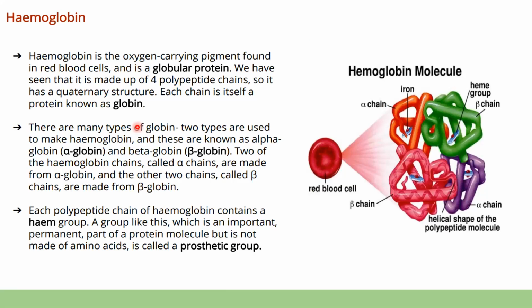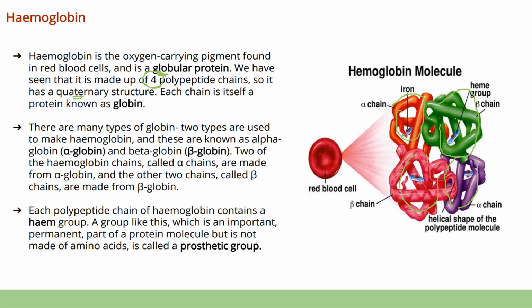So let's talk about hemoglobin now. You know the property: it is the oxygen carrying pigment in our red blood cells. That is hemoglobin. Okay. It is a globular protein. And you can see the color coding, we have 4 polypeptide chains there. Because of 4 polypeptide chains it gives this quaternary structure. Or if you look at each one separately, the orange one separately, the green one separately, they each have this globular appearance.